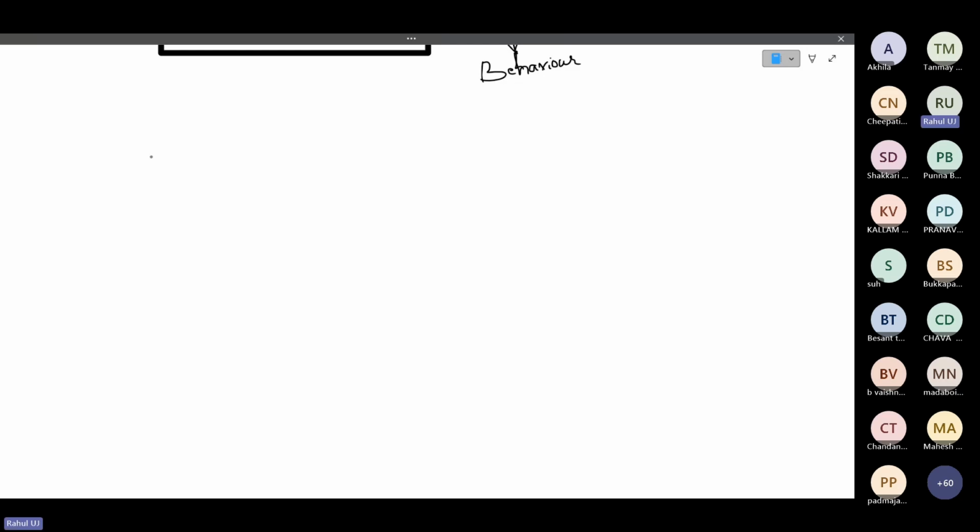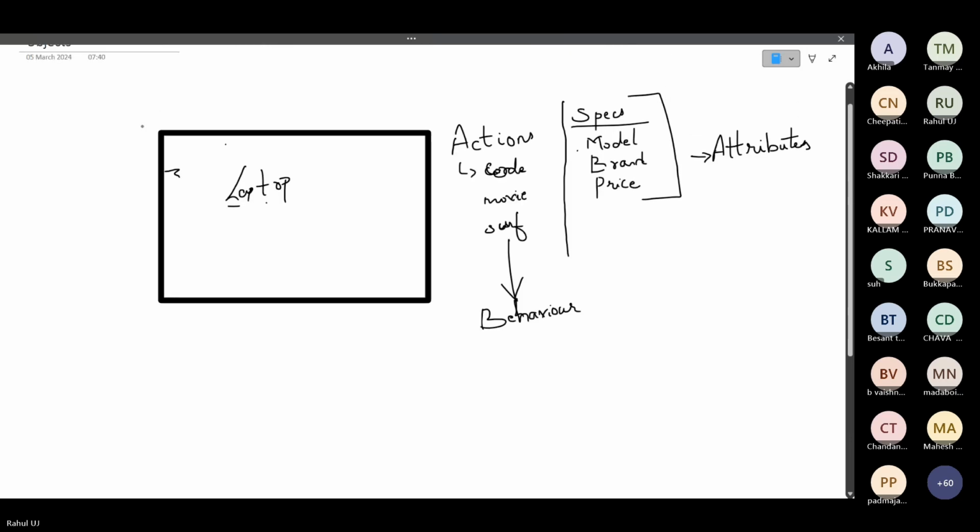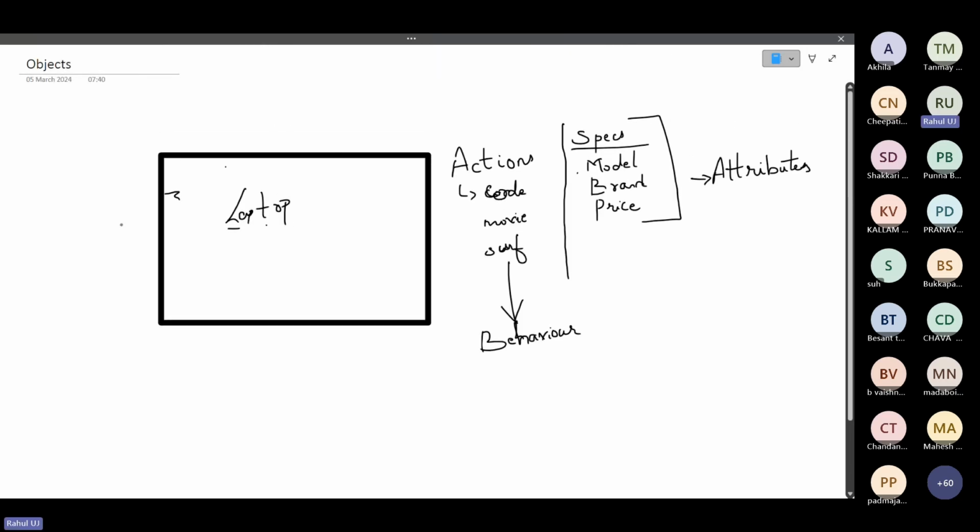How to create an object in Java? Before this, if I want to manufacture a laptop, will I have a blueprint for the laptop? What should be the height, length, width, thickness?